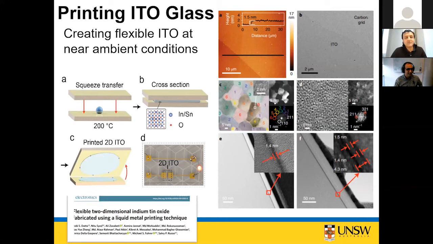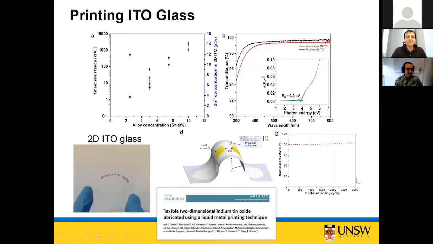As you squeeze two substrates together, liquid goes out. What remains is the oxide. Transparent, very transparent, one layer, two layers. The oxide is made of separate grains stitched together, and we can go one layer, two layers, or more by double printing, triple printing. Interestingly,